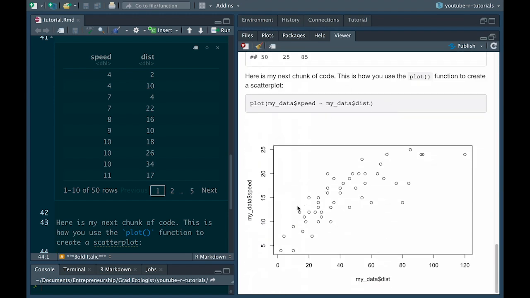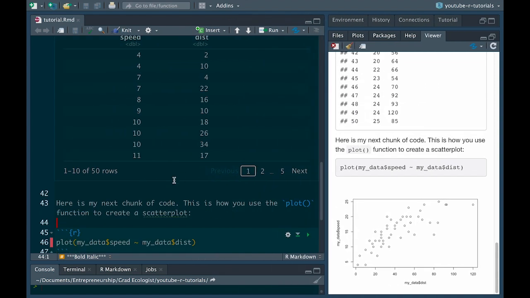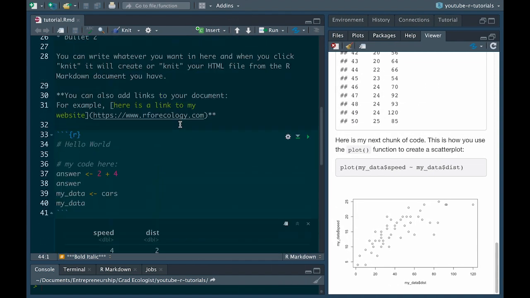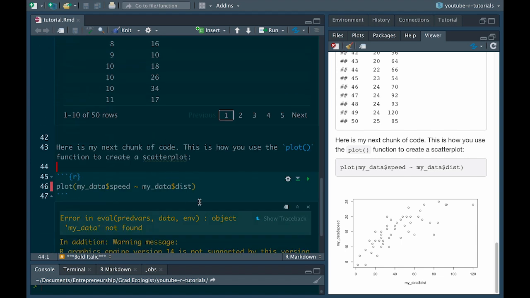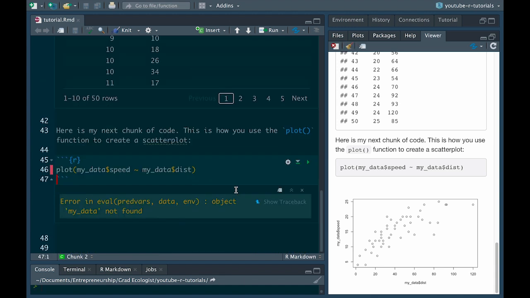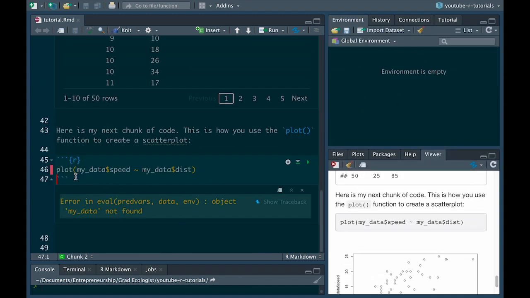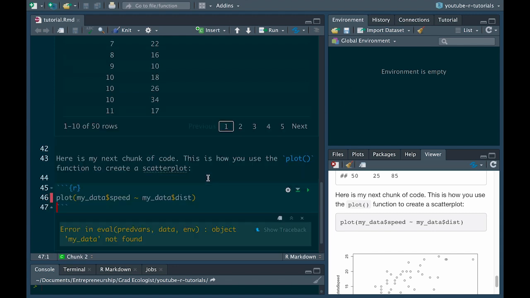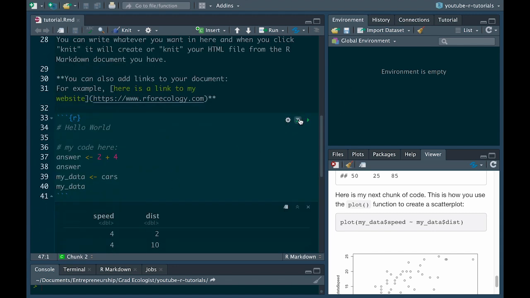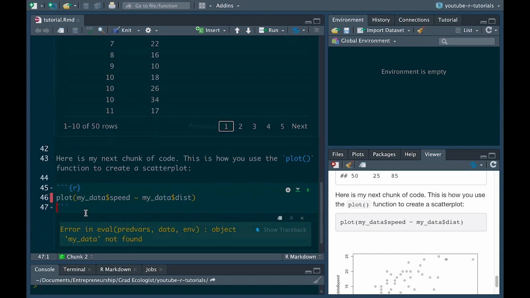So even though it ran everything already through the knitter function, when we actually go in and want to view the code line by line or run this chunk of code, you can click this green button or just run it line by line like that. You'll still get this error because in the environment, there's no variable called my data yet because it wasn't saved there. So you actually have to go in here and run this chunk of code first and then this chunk of code to make sure that it's all in the environment.